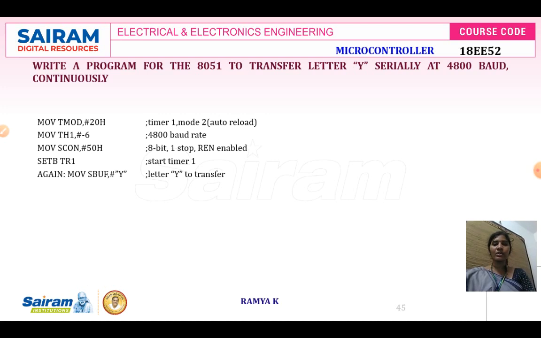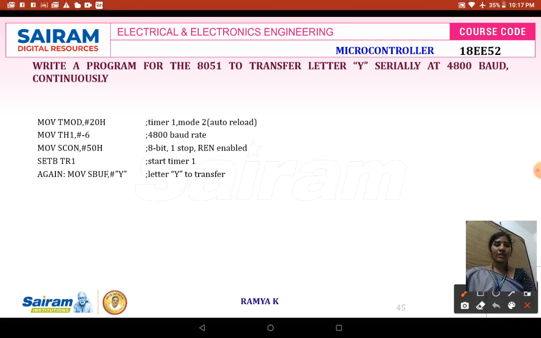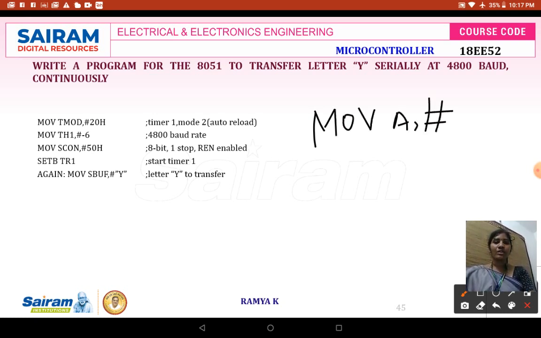Next, I want to load my data in the SBUF register, because my transmitter will transmit the data only if the data is available in the SBUF register. If you write MOV A, #'Y' and then check your interrupt flag, it will not execute.